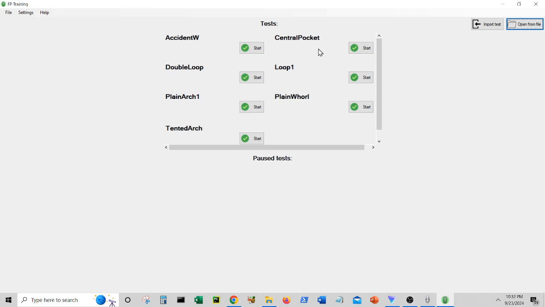Now, what you've got here are your tests. Now, these are all different types of fingerprint patterns that you're going to find during work. And just for testing today, we'll go through the double loop. So what you're going to do is hit your start button,